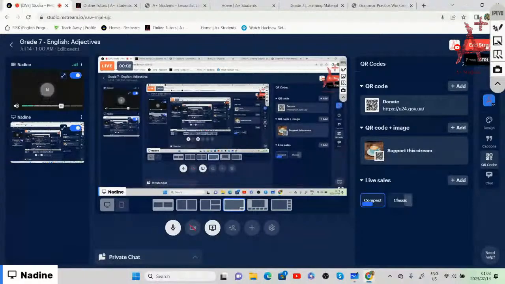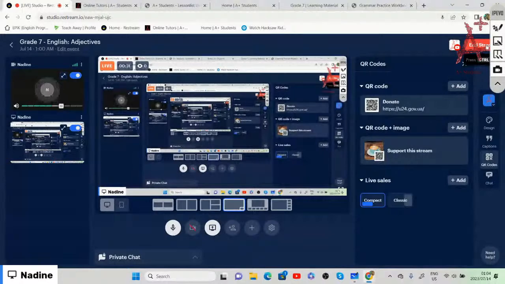All right, so today we are doing grade 7 English adjectives, right? So we're doing adjectives. Before we start with our grade 7 English lesson on adjectives, can everybody first log into